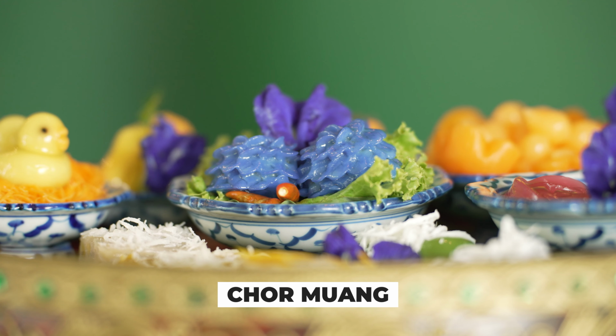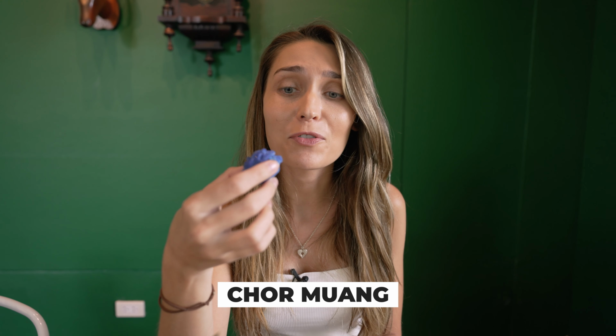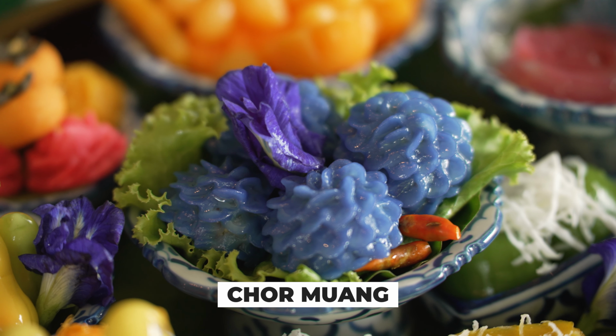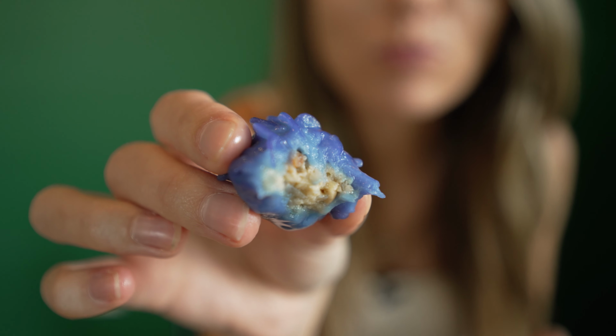Now, we tried Google Translate to figure out what is inside of this, and apparently it's stuffed with chicken and peanuts. I'm not quite sure how that works as a dessert. Maybe Google was wrong, but let's see. It's stuffed with chicken. What is going on? Chicken and peanuts. What? It tastes like a